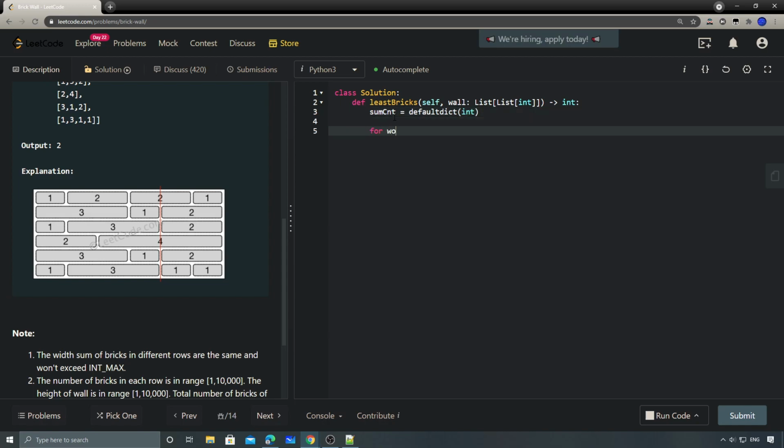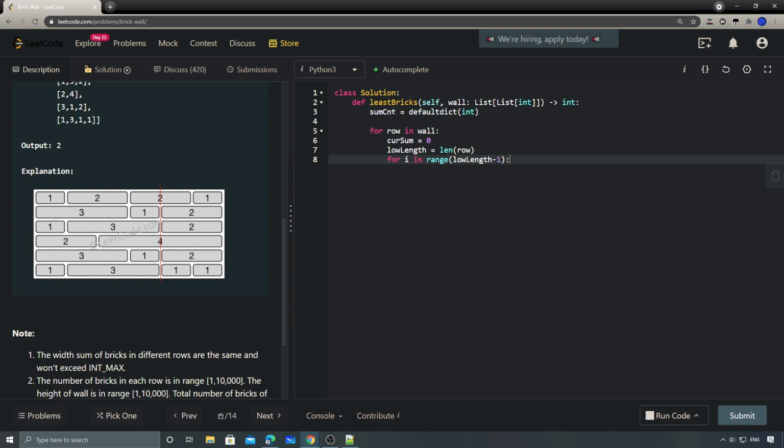And for row in wall, for each of the rows, we have current sum of this one, and then we have a row length, which equals the length of the row. Here we do a loop in range of row length